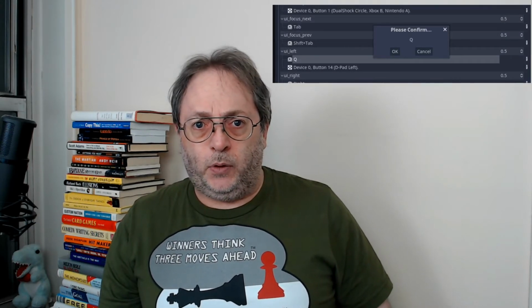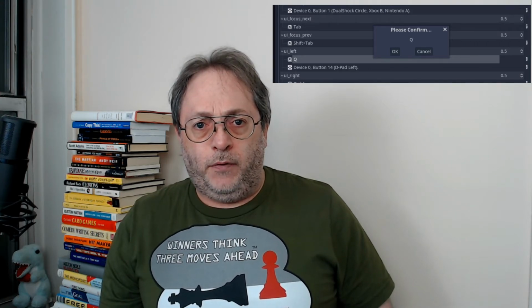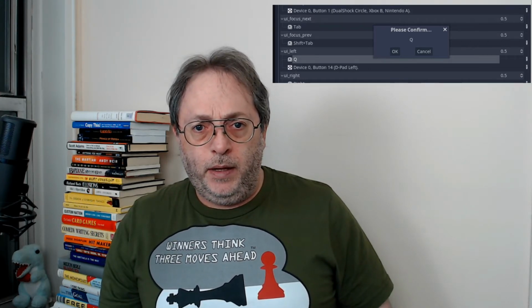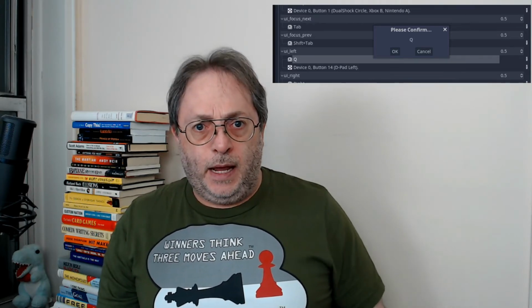Similarly with the input map, it's very clever and nice and looks wonderful and all that great stuff. But if I make a typo in the input map, like I'm setting up WASD and I hit Q instead of A, and then I'm trying to go left, I'm thinking, oh, there must be something wrong in my code, because I'm saying if the input is left, why isn't it going left? And it's like, well, because I typed a Q instead of an A,